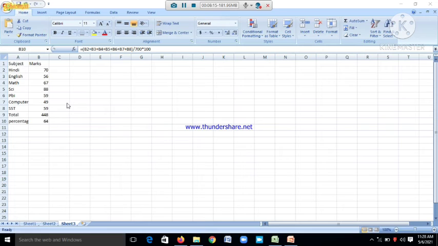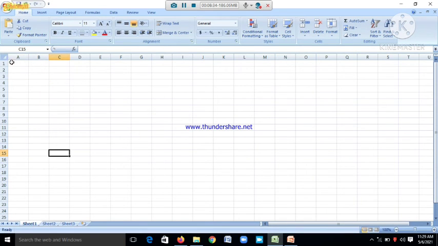Okay students, we have done the formulas that operate on numbers only. How can we write our formula on text, on characters or strings? For example, if I am writing here any name, suppose welcome, and here I am writing everyone, and I want to concatenate these strings, I want the output like welcome everyone in one cell.